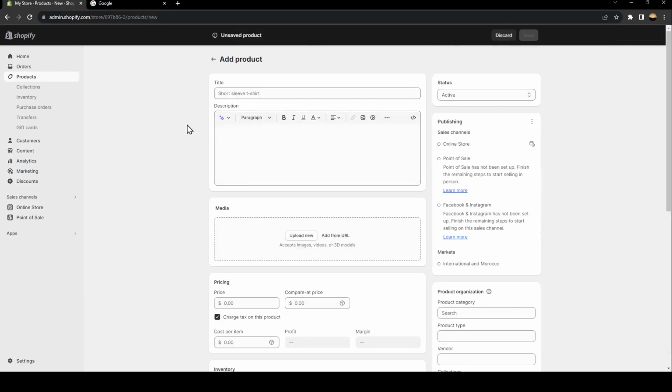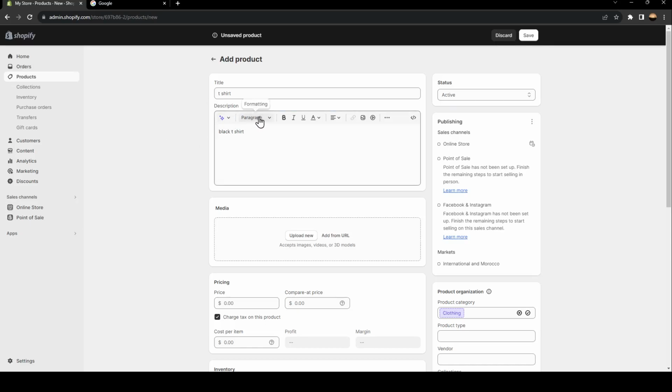And as you can see guys, now we are here. So what you need to do guys is fill this form with the information of your products. So right here, you're gonna type the title. For example, I'm gonna type t-shirt, and under it, you're gonna find the description. For example, I'm gonna type black t-shirts,